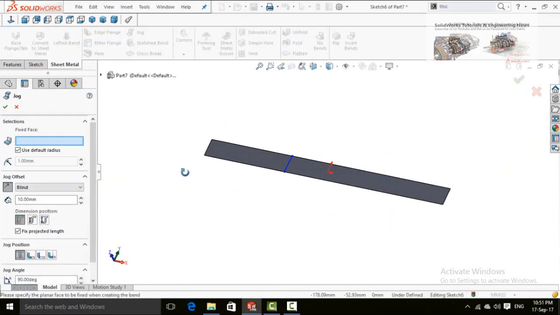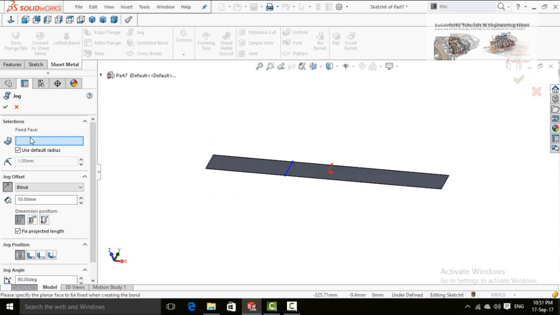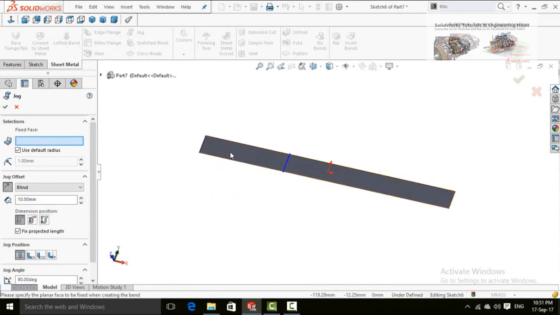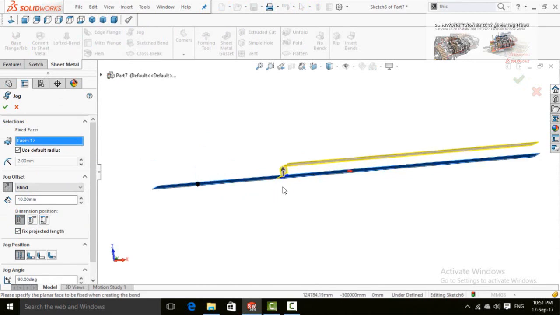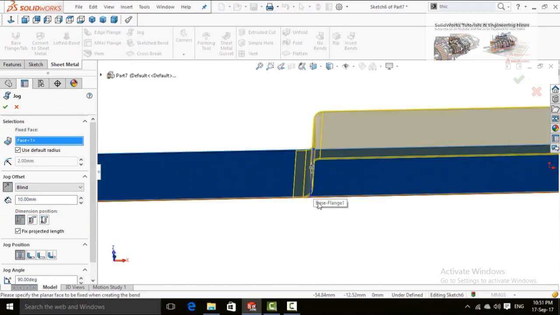select jog command. First of all, it will ask you about fixed faces. So this is our fixed face. Our sketch is automatically selected.